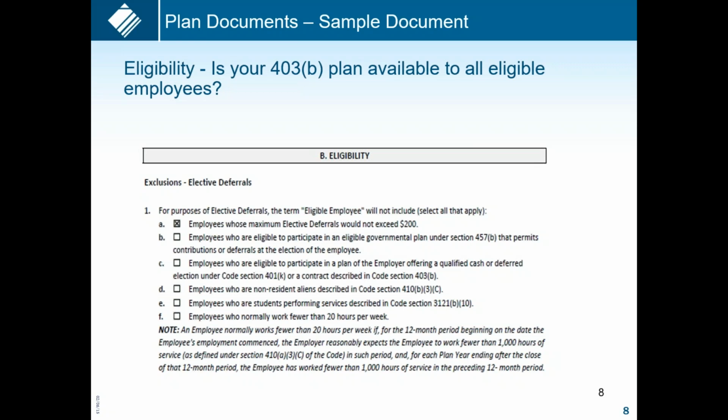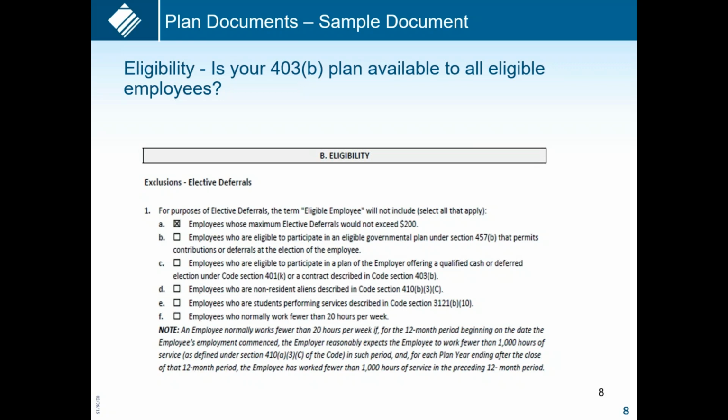The next few slides, we will look at sample portions of the document to help you find where some common provisions are located within the document. I know when you receive that 40-page document, it can be overwhelming to know where to even start. If you have a specific item you're looking for, we will break it down and make it a little less intimidating.